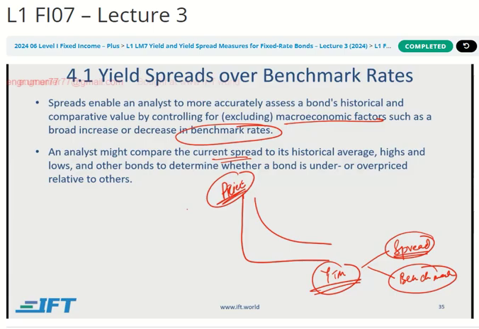But here the concept that you need to absorb is that the price of the bond, as you have studied, is related to the changes in YTM, inversely related. There's an inverse relationship here. As the YTM goes up, the price comes down. As the YTM comes down, the price goes up. And yes, that relationship is convex. But within the YTM, there are two components. And we need to understand how sensitive our price is to the changes in benchmark versus the changes in spread. So you know where your sensitivity is coming from.